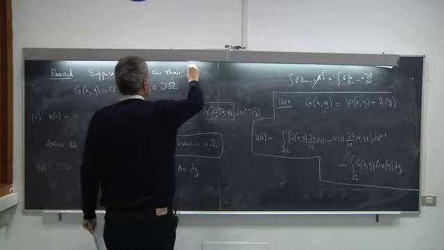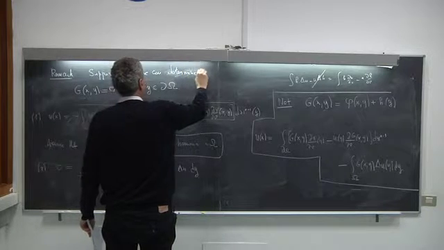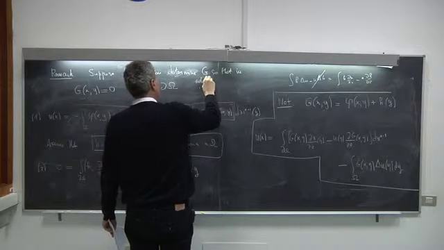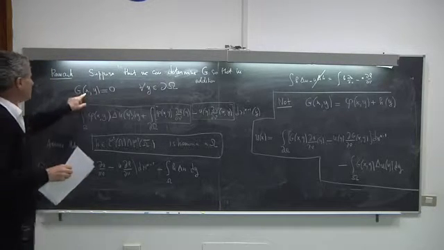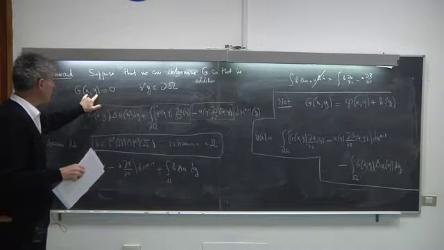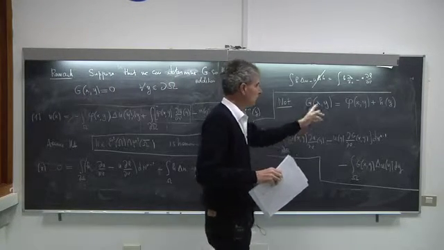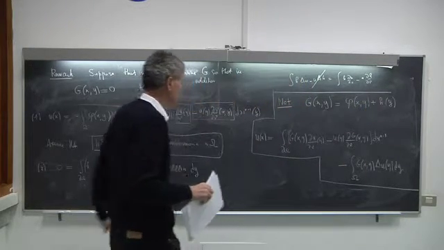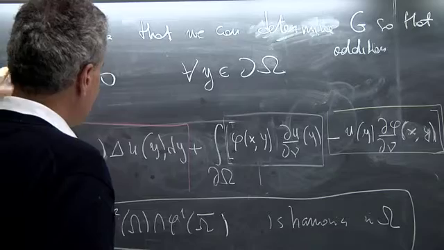Notice that x is inside and y is on the boundary. Therefore, it never happens that x is equal to y, where phi is not defined. Now, if I am able to determine capital G so that this is true,